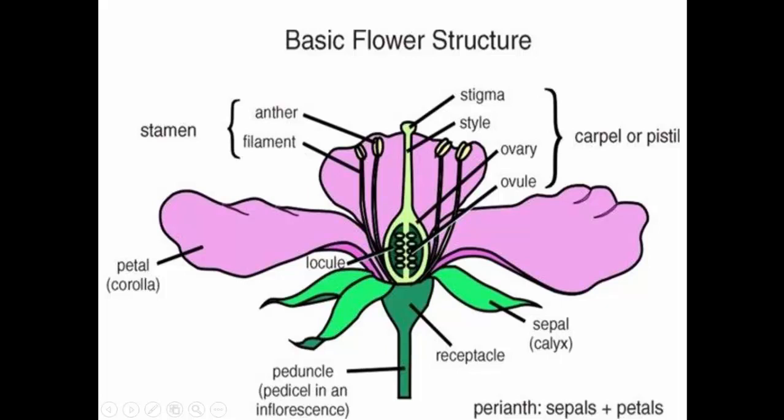Next up, we have the male reproductive organs, consisting of the anther. The anther is the site where the pollen grain is produced. And then we also have the filament. The filament is like the style here. Together, anther and filament, we call them stamen. Okay, so this is the basic